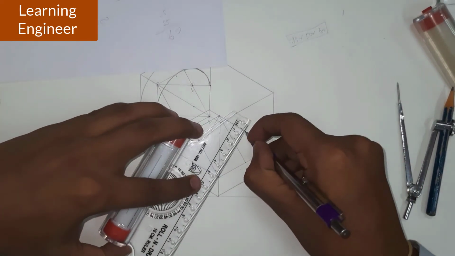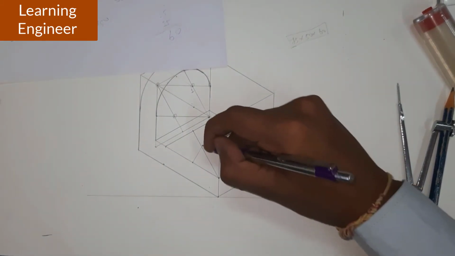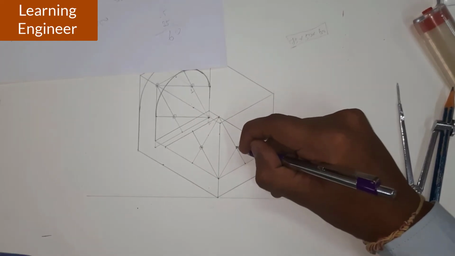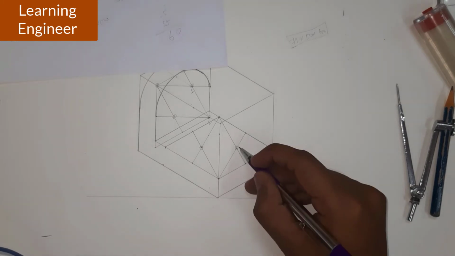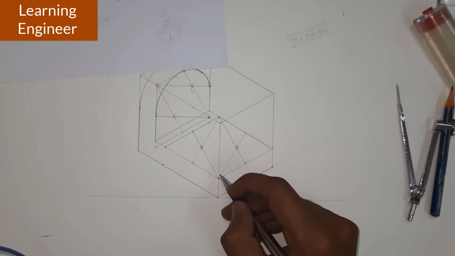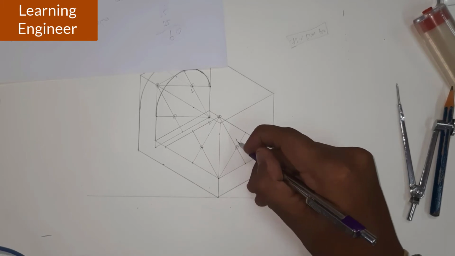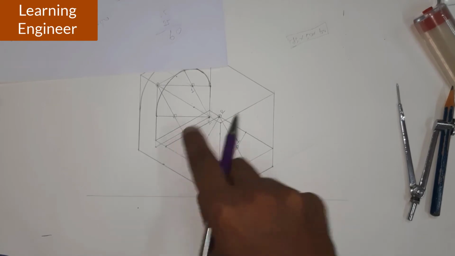With the midpoints which we have marked on all the sides of the square, this is the center we are getting. This is one of the centers, this is another center, but what centers do we require? This as a center and this as a center. This is our center number 1, this is our center number 2 for drawing this particular arc.